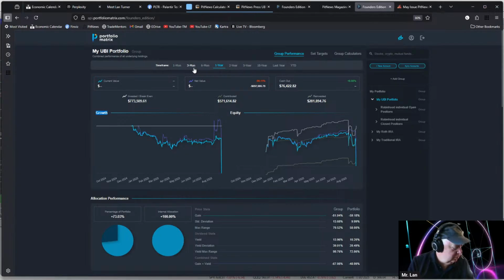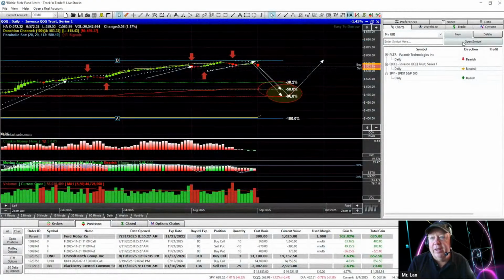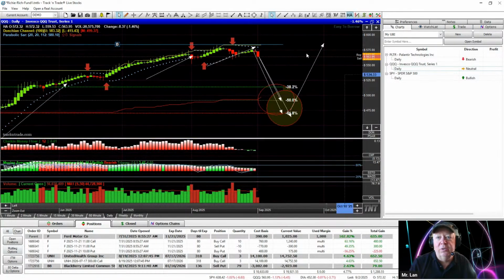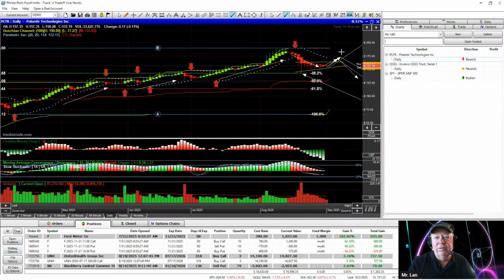Let's come over here. Oh, we got so many windows open right now, I can't decide which one to take you to. So rather than holding, if you're just going to hold the Qs, for example, well, we'll just talk about the Qs. A lot of people own the Qs. Well, if you just own the Qs, the Qs are going to drop like this. You're going to just lose it. And then how long is it going to take to get your money back? Well, let's say, for example, instead of the Qs we're going to do PLTR. So if you hold PLTR and PLTR drops,